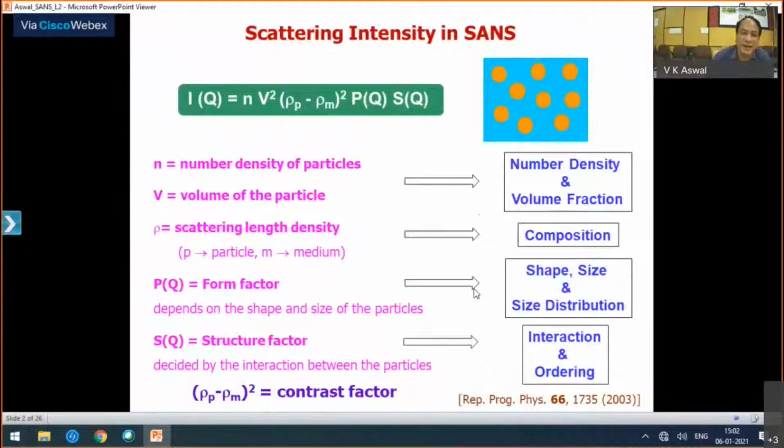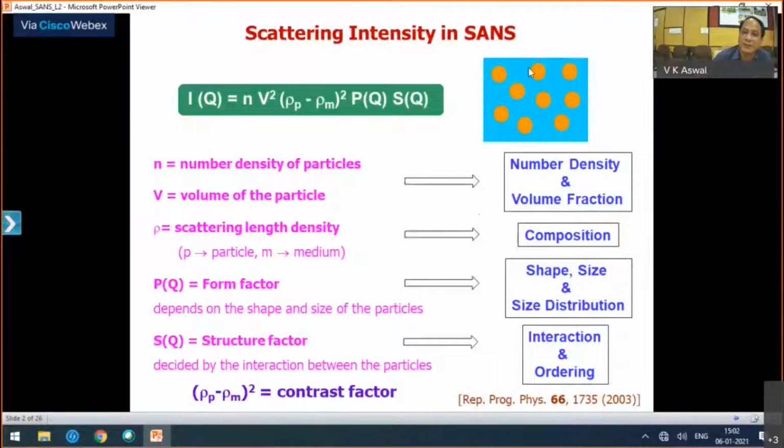So let's recollect what was taught in the last lecture. Small angle scattering is looking at length scales of nano length scales, much larger than atomic structures, typically in the range from 1 to 100 nanometers. And it is looking for the structure of inhomogeneities in the system.